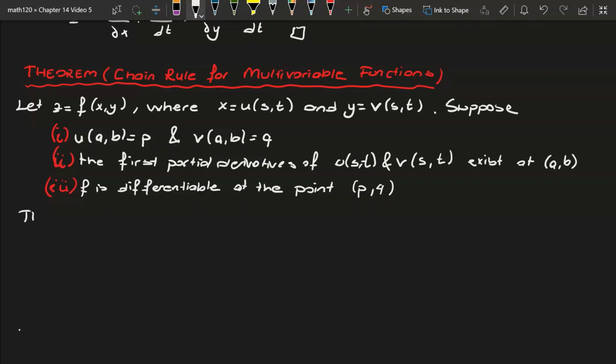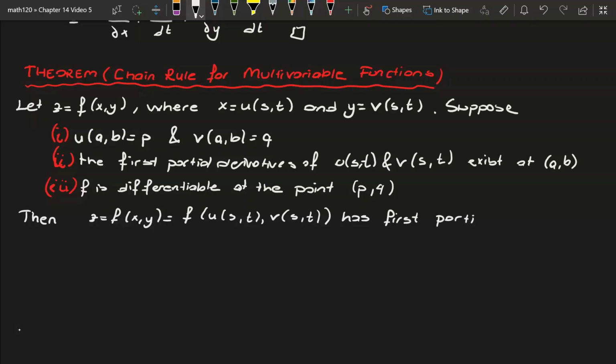Then the theorem says that z, which is f of x y, with x and y written in terms of s and t, f of u of s t, v of s t, has first partial derivatives with respect to s and t at (a,b),